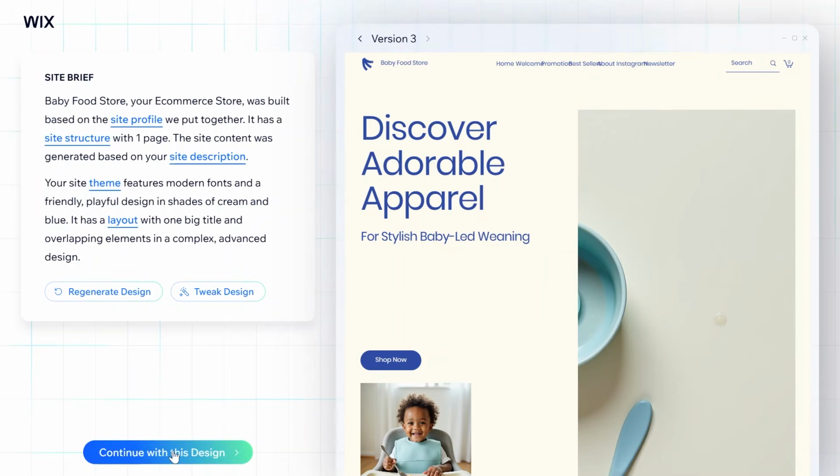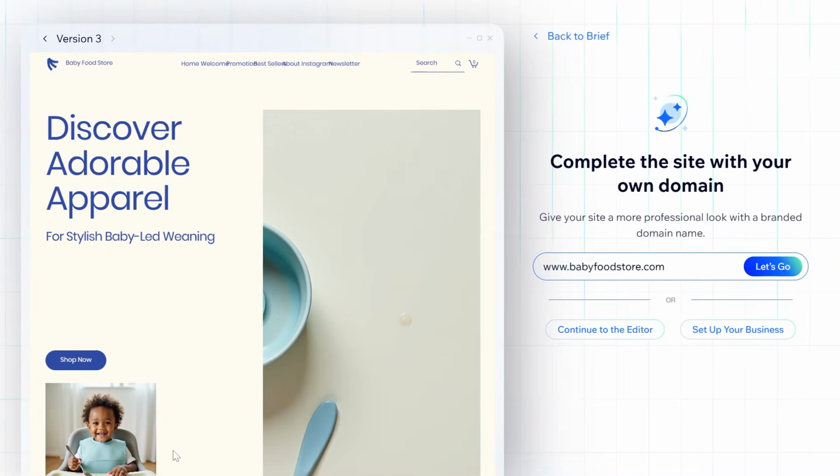But once you're happy with it, all you need to do is click continue with the design, and then you can complete your site basically. So at this point, you can create and buy your own domain if you don't have a domain just yet, and connect it, or you can continue to the editor. So we are going to, for now, continue to the editor and see what other changes we can make